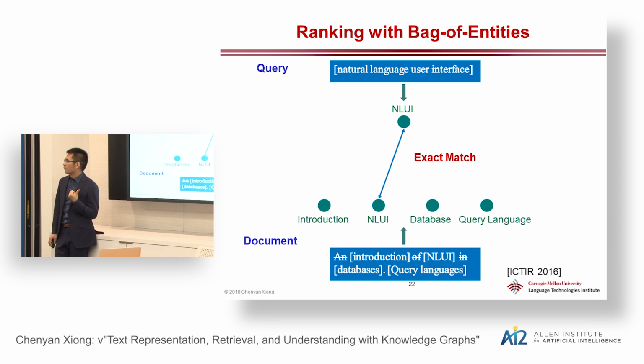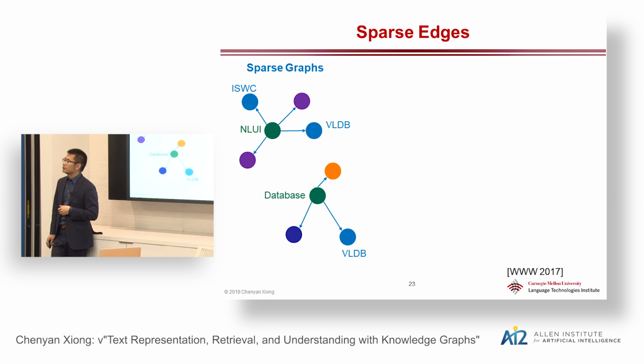But this is actually a very beginning step of it, right? We just move from words to entities. And if it is only entities and nothing else, then it's not a knowledge graph. It's more of, say, a better set of vocabulary that is cleaner and maybe more meaningful. What makes a knowledge graph more interesting in the first place is all the relations and the structure semantics associated with them. For example, we know NLUI are published in all the venues, and database may be published in the other